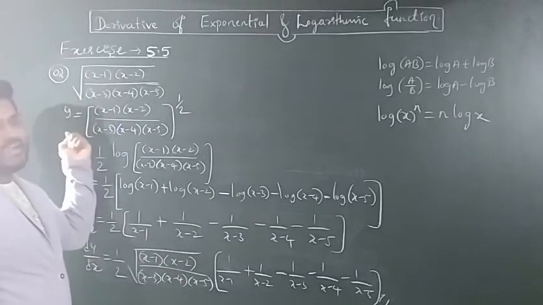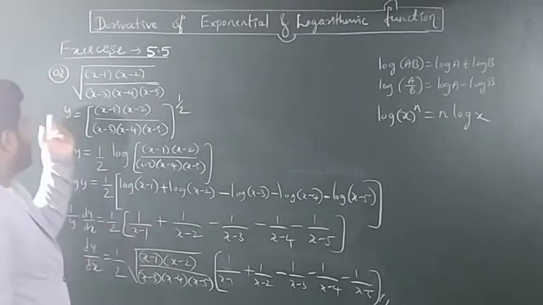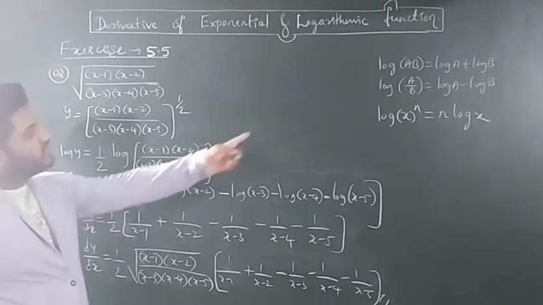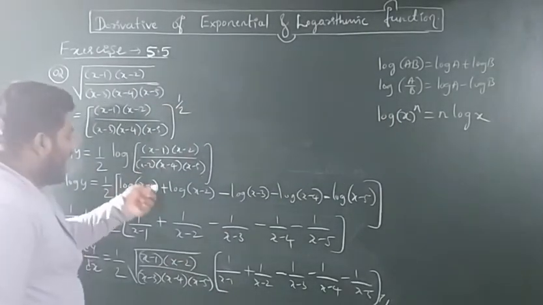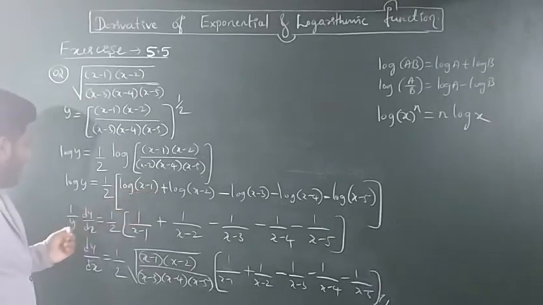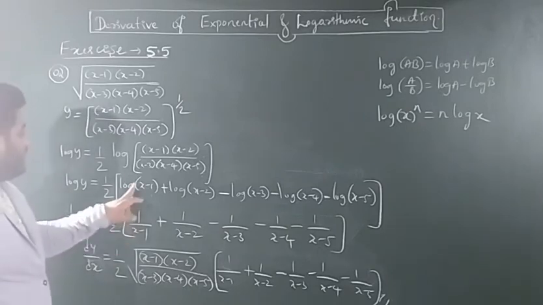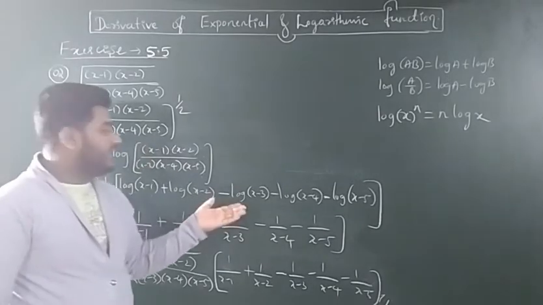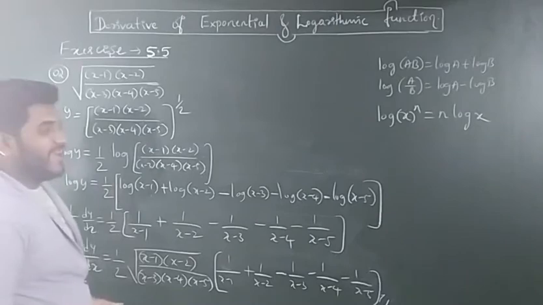Whatever is there, I have taken as y, and instead of writing square root, I have written 1 by 2. Both are the same. So I applied log on both sides and just applied the properties of logarithms. I have written here the formulas for the logarithmic properties, and I have applied them. After that, applying the logarithmic properties, I derived it. Find the derivatives by using the standard derivative formulas. Look here, whatever is in the numerator comes with a plus, whatever is in the denominator comes with a negative sign. That's it. So this is a clear picture regarding the second example.